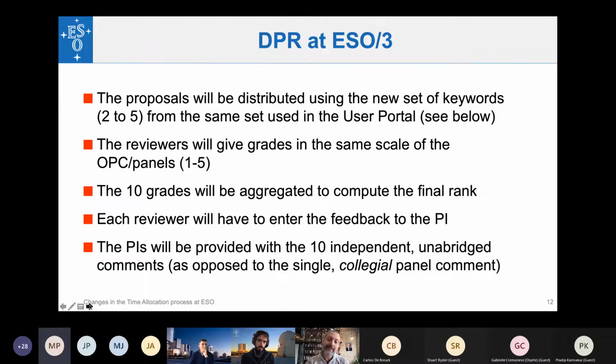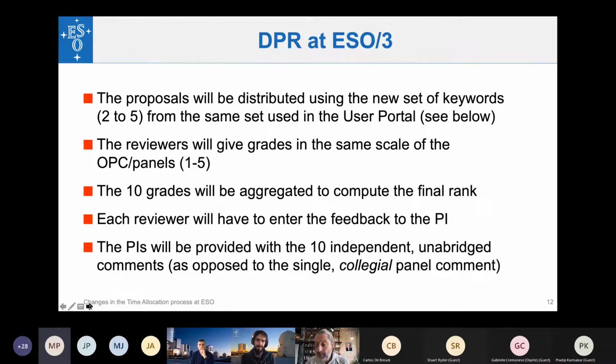So language is to be appropriate, and possible violations of this will be taken care of, signaled and flagged. Typically, the experience from ALMA is that this doesn't happen. People behave very, very well. So the PIs, as I said, will be provided with the 10 independent